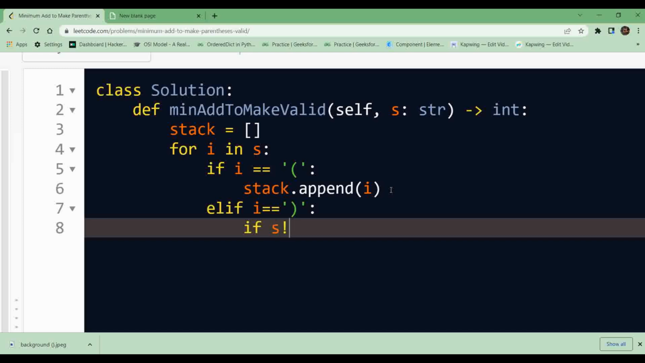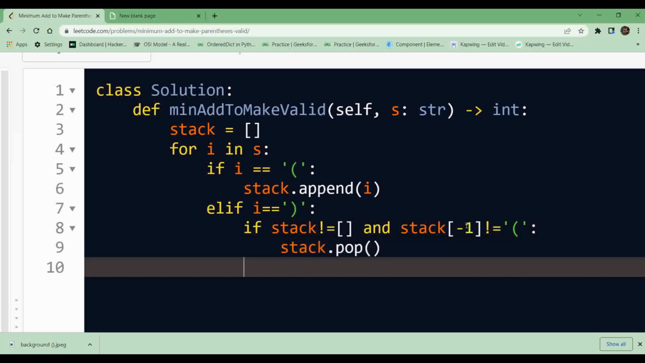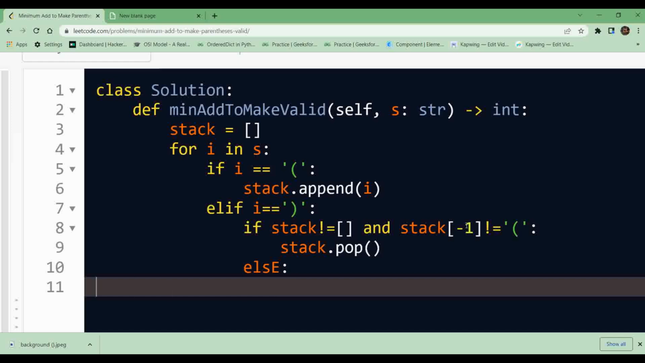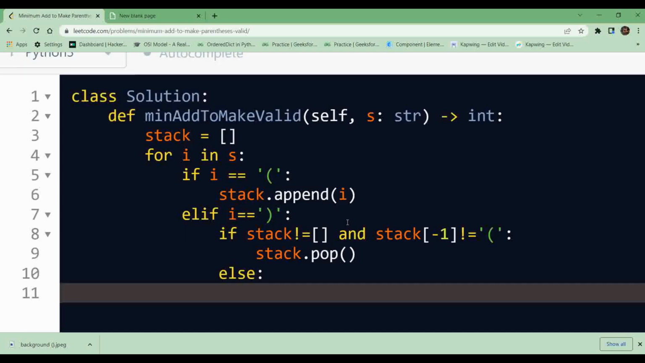if my stack is not empty, and my previous element in the stack contains the opening brace. Because here, if we are getting the closing brace, then we are making sure that we have gotten the opening brace. If we have already gotten the opening brace here, then I can simply pop the value. Else means we are not getting any closing brace, that means we are getting an incomplete parenthesis, so we need to simply